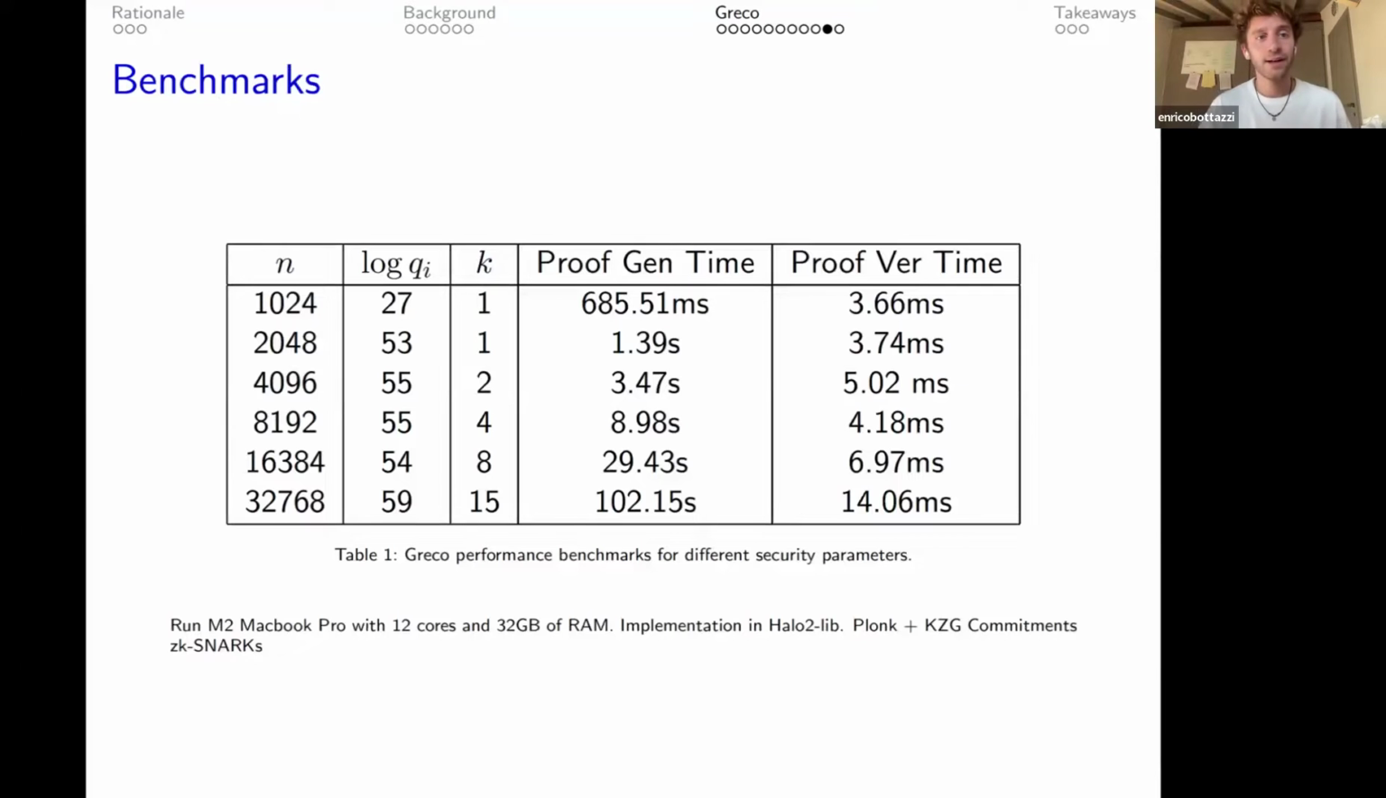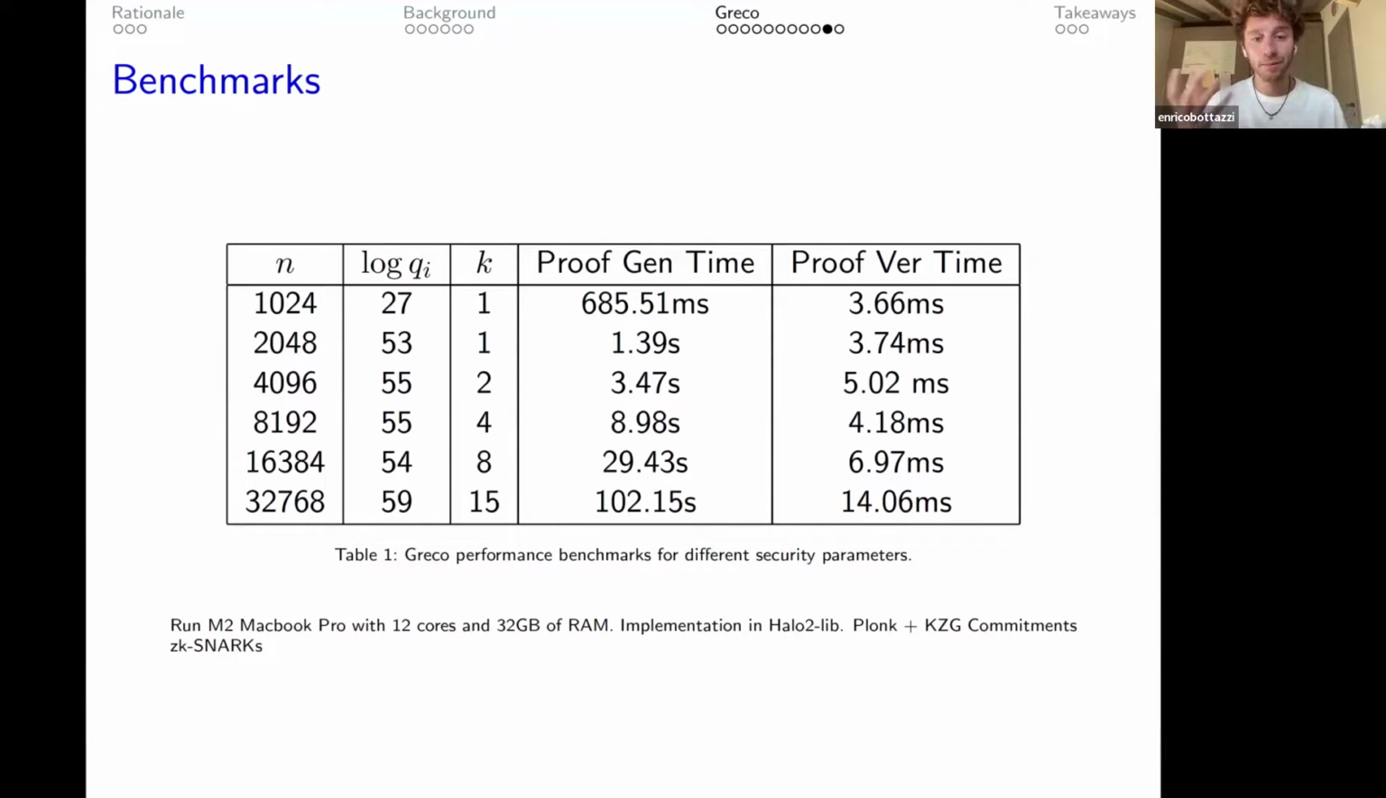And these are the benchmarks of Greco. So you see, I think the most notable thing is the proof generation time, and this is chosen across different security parameters according to the standard. The benchmarks are run on an